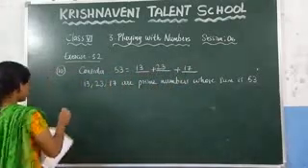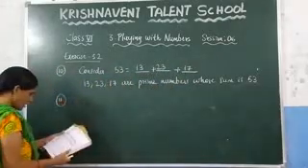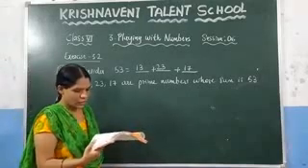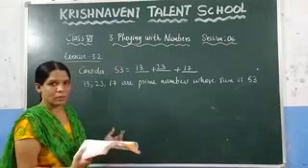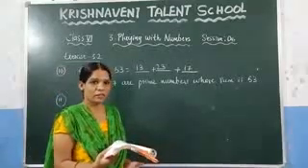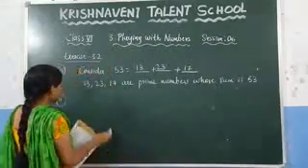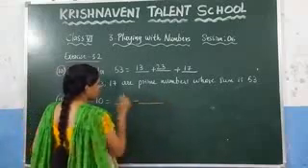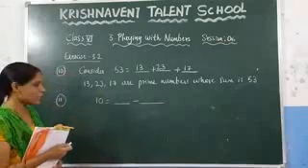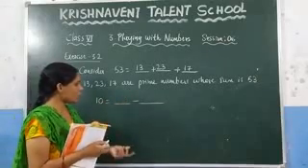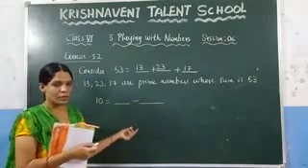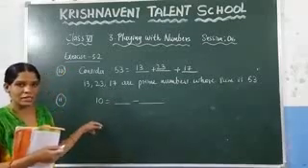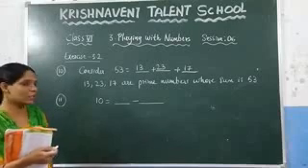What they asked here, 11th question. Write two prime numbers whose difference is 10. Here you need to write two prime numbers such that the difference is 10. That means you need to take one prime number and one more prime number, and if you subtract those two prime numbers you have to get the result as 10. What are those numbers? You can write it.